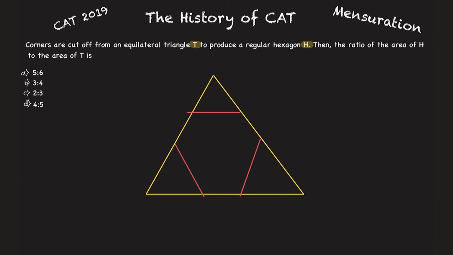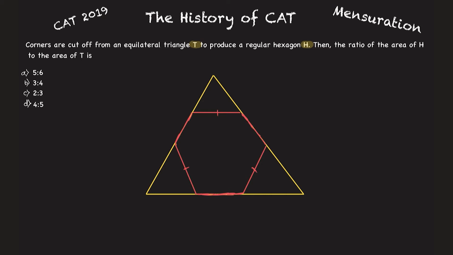What do I get after cutting? After cutting this, I get a regular hexagon. If you can see, a regular hexagon is being formed here because of this cutting. If you want to check its sides, this is one side, this is one side, this is one side, and this is another side. So is this one side, and so is this one side. Then this is your regular hexagon. So you cut the corners of an equilateral triangle, and what you get is a regular hexagon.